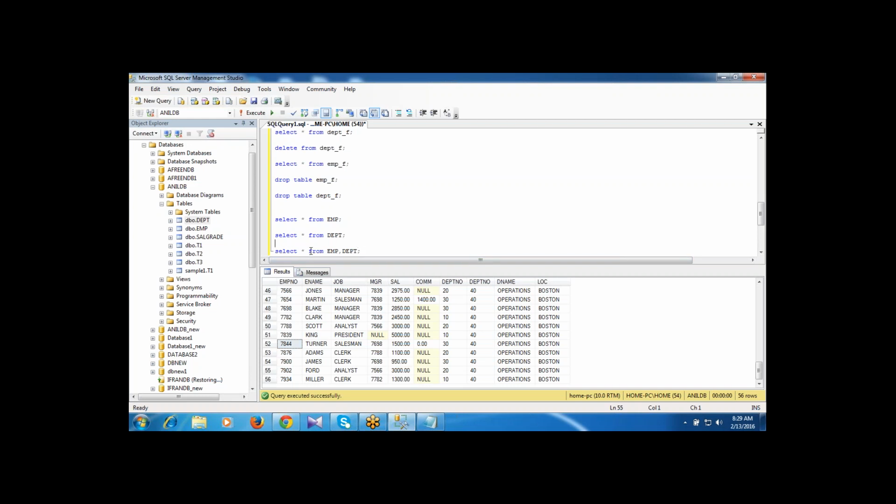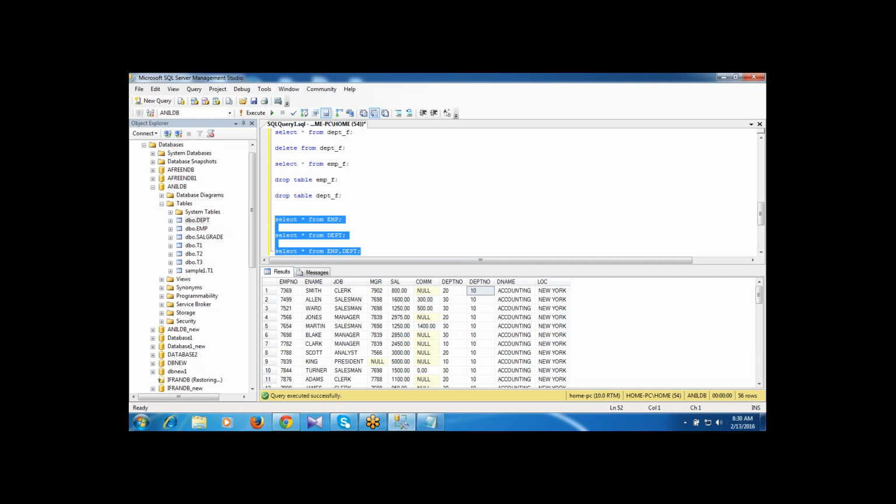Friends, when I am writing the select statement on the EMP table and DEPT table, each and every row of table 1 is joined to all rows of table 2, so that here I am getting the 56 rows. This 56 rows product is called Cartesian product. The Cartesian product is formed when all rows of table 1 are joined to all rows of table 2. When the join condition is invalid or omitted, then we get the Cartesian product.